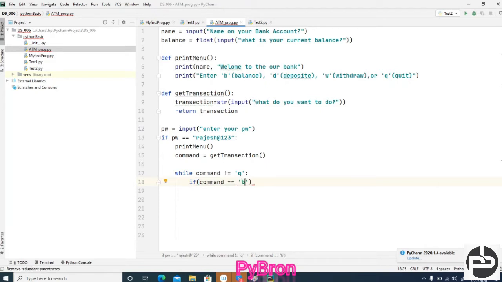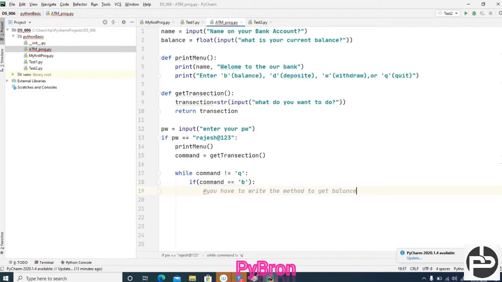So if command is b, b means balance. Here you have to write code to check the balance. You have to create some method; I'm going to comment the line. You have to write the method to get the balance.